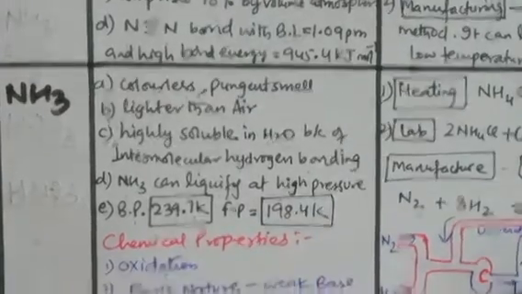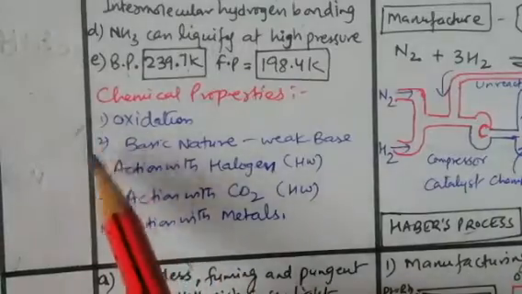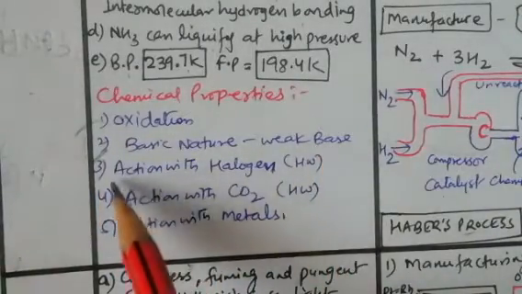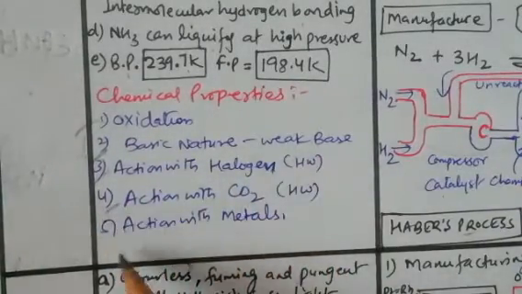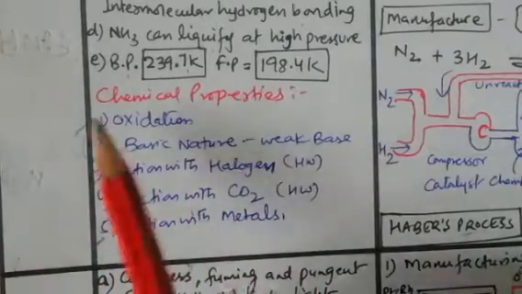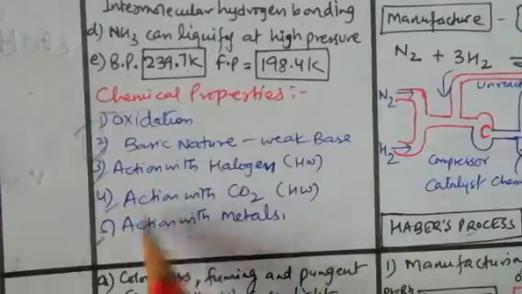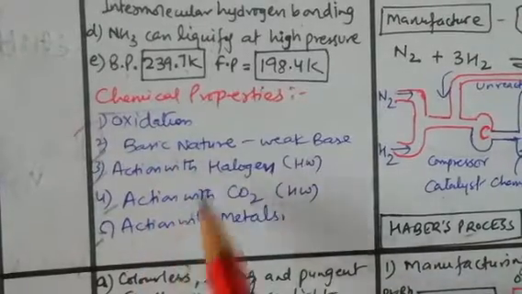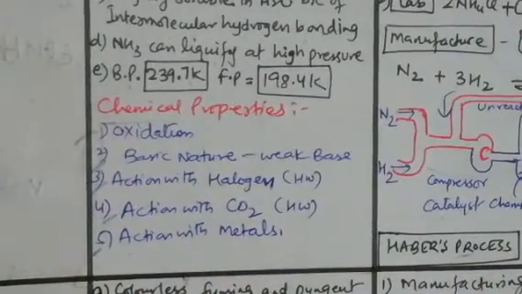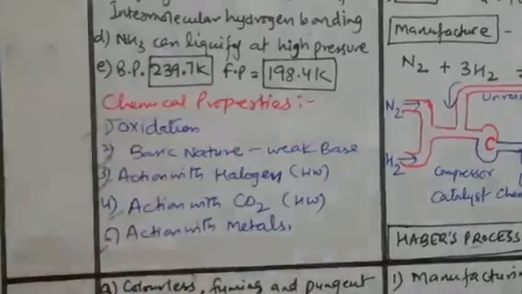Whereas when we are talking about chemical properties: the oxidation, basic nature, which is weak base, action with halogen, action with carbon dioxide and action with metal. This is homework for you. You all have books. From the books you need to write down the reaction of these halogen and carbon dioxide. Okay, otherwise